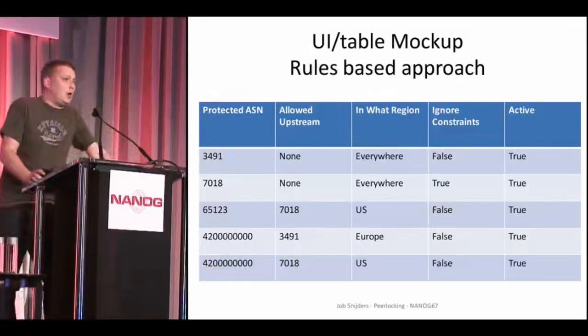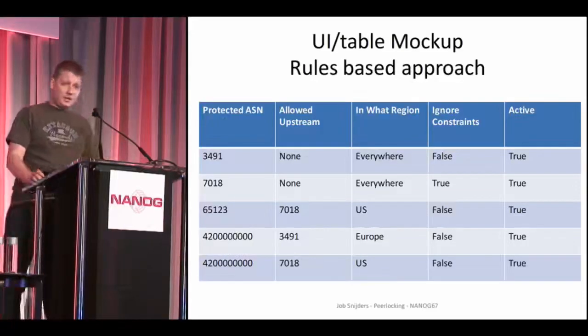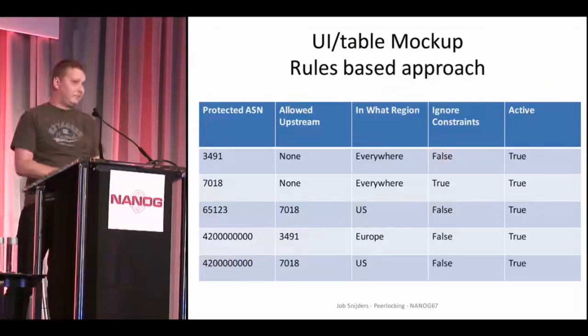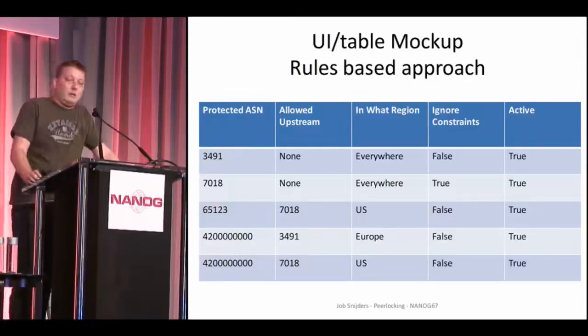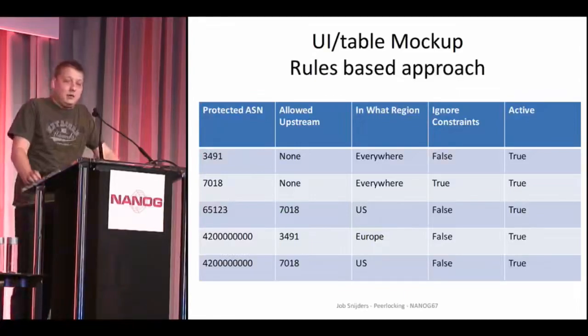This is a small mock-up of what our internal system looked like. For peer locking, we consider each row in the table a rule. And the rules specify what is allowed, so that's a sort of whitelist, and then the default is to blacklist the rest. So if we go over these examples, the first one I mentioned, PCW, they told us that